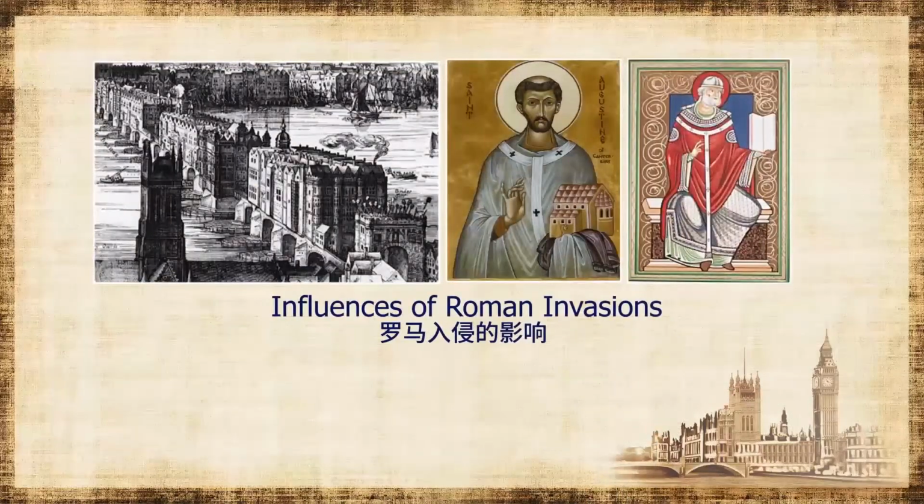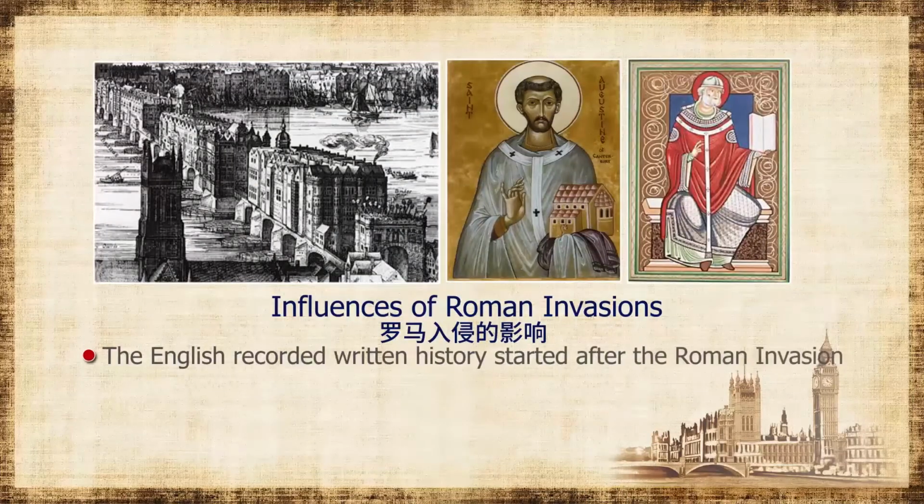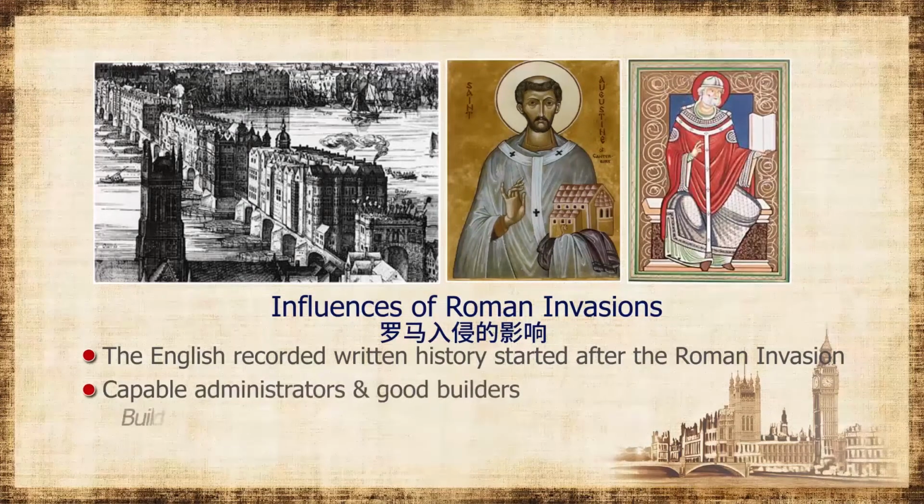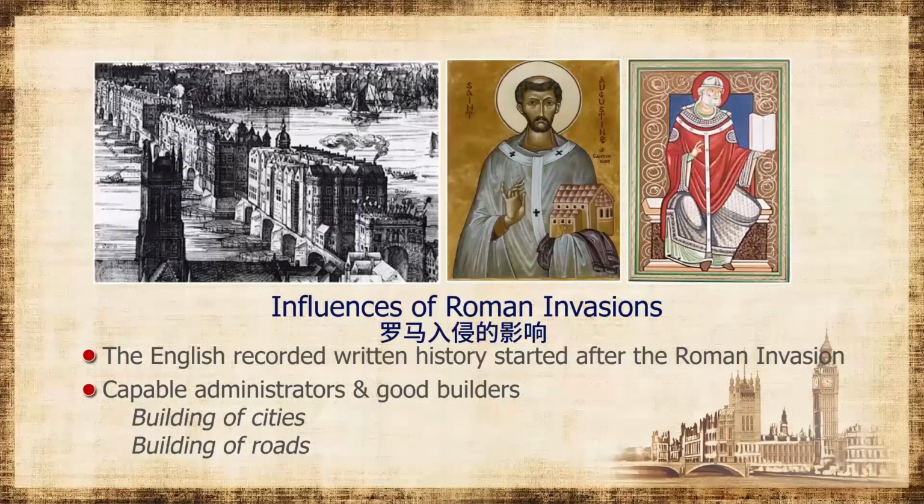As a result of Roman conquest, the recorded written history began in Great Britain, and many signs of Roman civilization spread over the country. There had been no cities in Britain before the Romans conquered it. The civilized Romans were city dwellers, and as soon as they had conquered Britain, they began to build towns, splendid villas, and public baths, as in Rome itself.